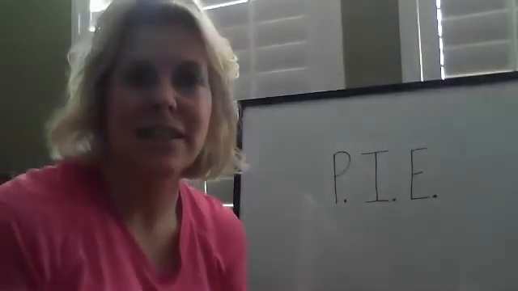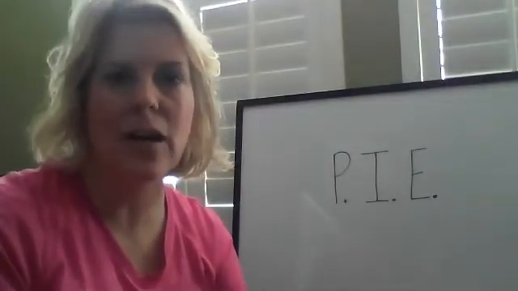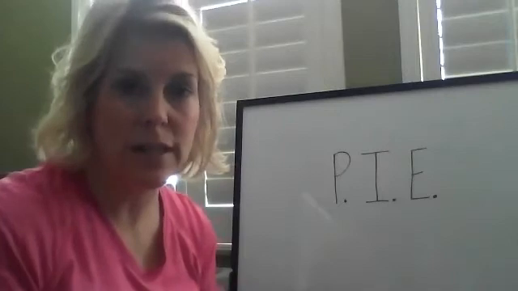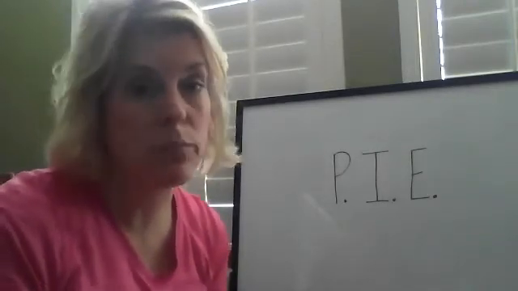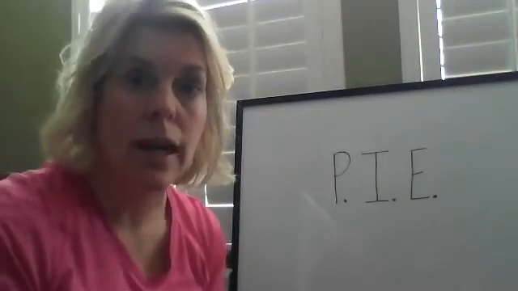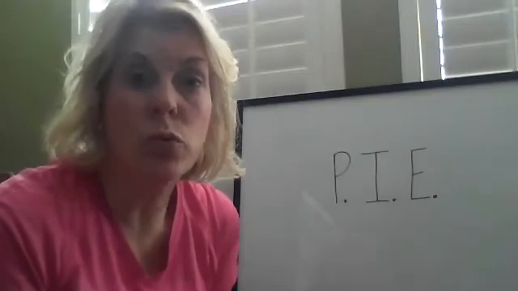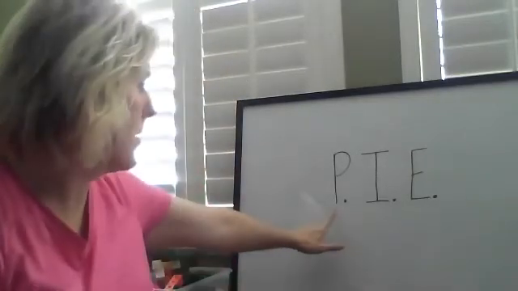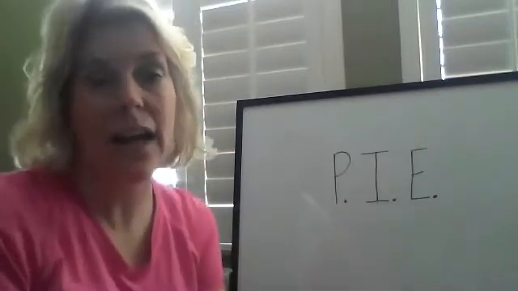Hi friends, today we're going to read a new story, but before we do, we're going to talk about the author's purpose for writing a piece of text. Remember that text is any kind of written word. It could be a poem, it could be a book, it could be a story. And when we talk about the author's purpose for writing something, we're talking about the reason or why an author would write something. If you'll notice on my whiteboard, I have 3 letters up here, P-I-E, that actually spells the word pie.